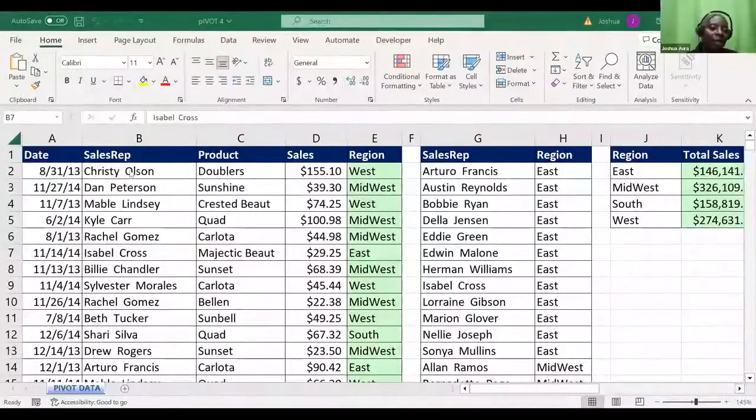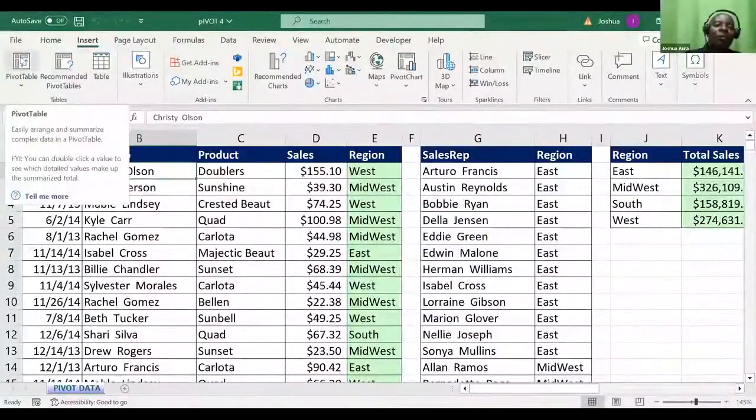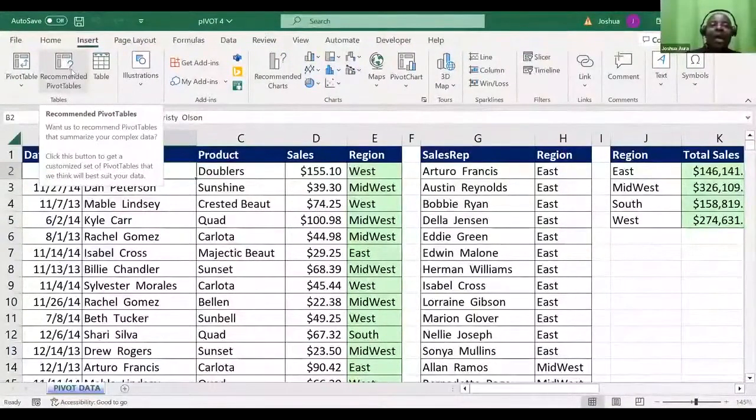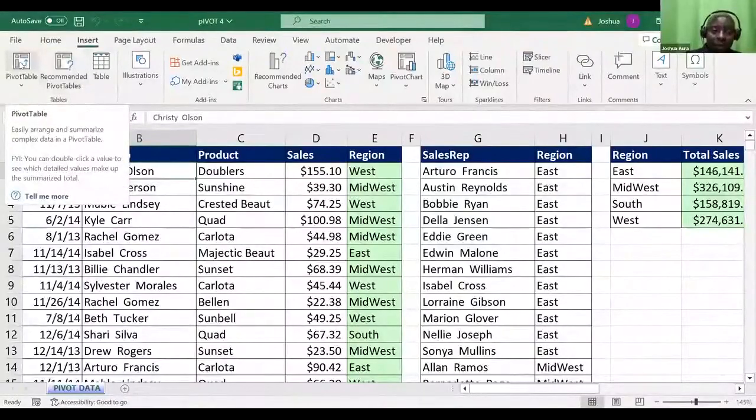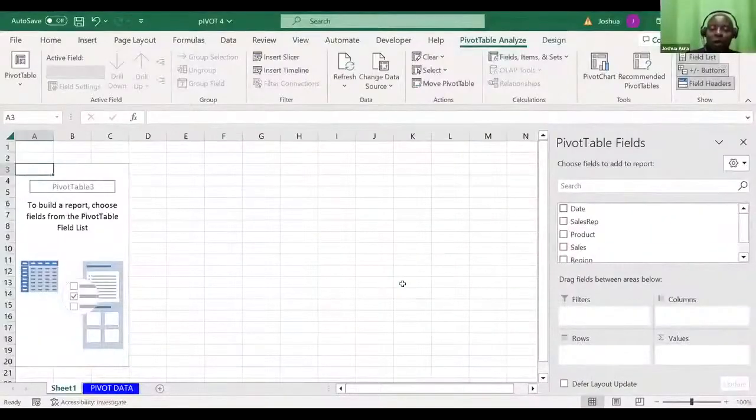What I'll do, I'll just come and click inside the table, the entire table as a CFO. So once I click inside here, because I would want summarization, then straight away, I will go to insert functionality. When I click insert there, I will be able to see pivot. I don't want to work with this recommended. I'll always go for pivot table. I say pivot table. Now from there, once this pop-up is up, I'll be able to say, okay. So first of all, I would want to know whether my students have been able to reach at this stage.